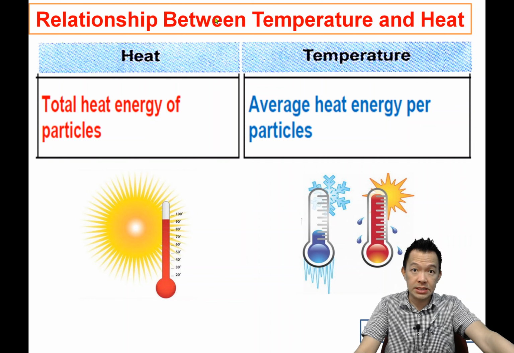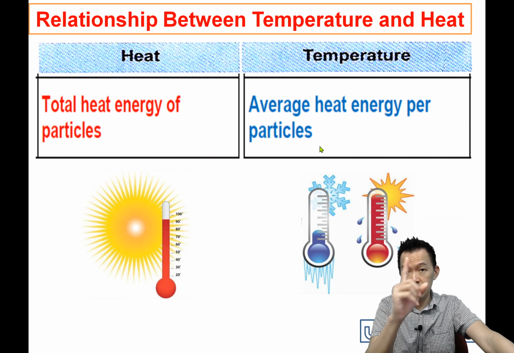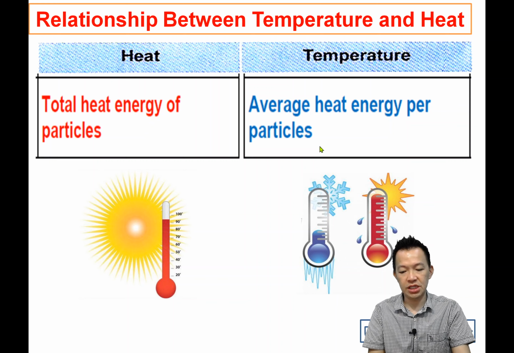So these two sentences differentiate heat and temperature. 这两句话把热能跟温度呢分开了。Heat is the total heat energy of the particles. 总共的 particle 的热能。Temperature is the average heat energy per particle. 就是平均每一粒 particle 它的热能是多少。